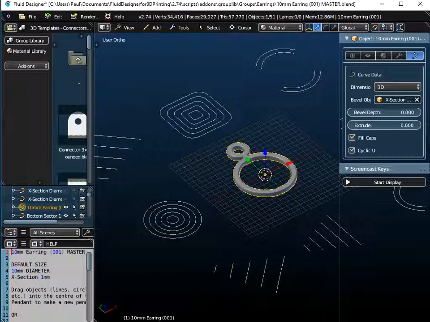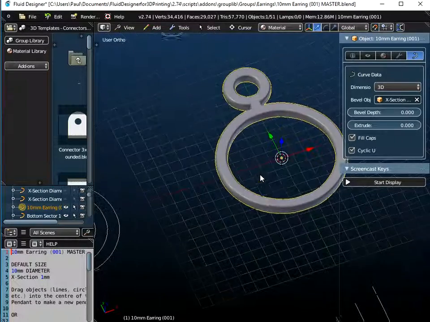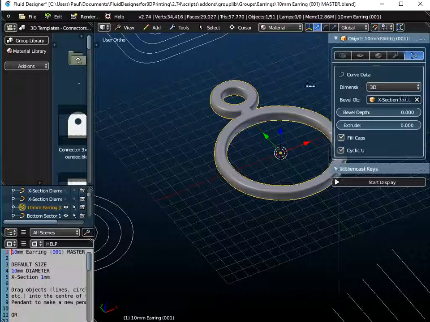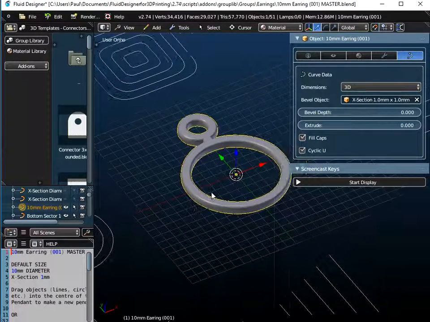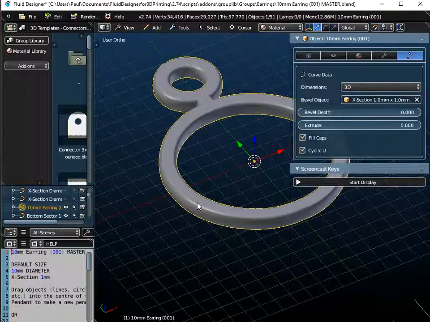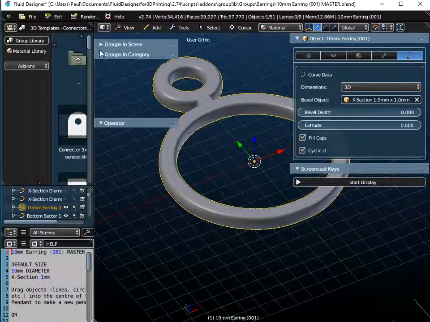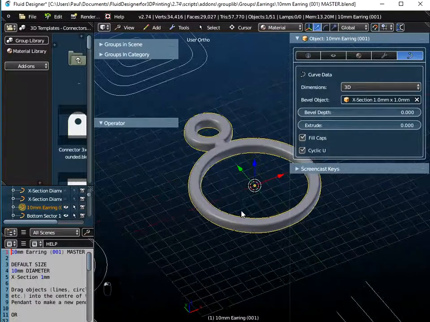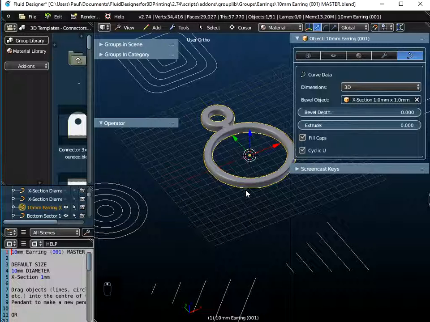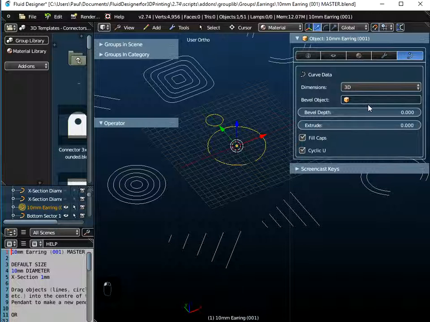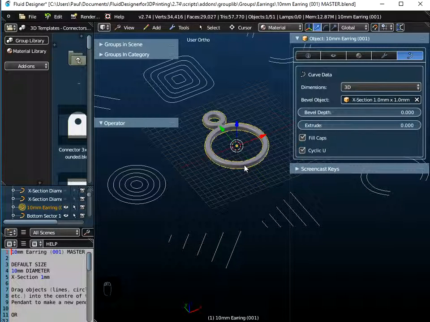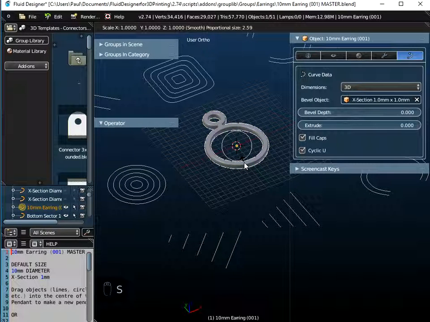So what do I mean by that? Well, if we look at this object here at the moment, the cross section of it is 1 millimeter by 1 millimeter. So that's 1 millimeter there and 1 millimeter deep. Now if I just open up the toolbox here, and if I just switch on screencast keys, if I scale this object, and remember this object is a curve at the moment, if I just delete that you can see the curve there. Okay, if I scale this object up,